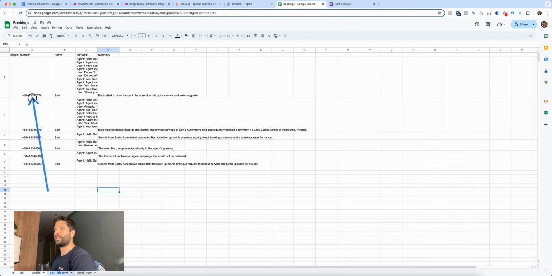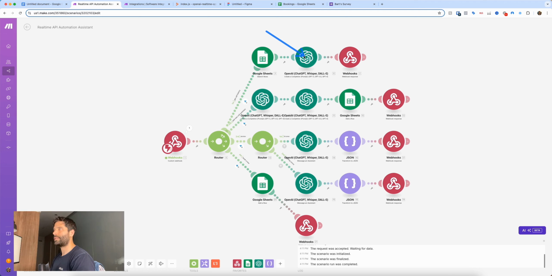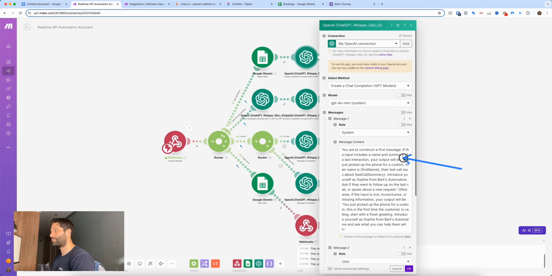But you see here, it's the number, which is unique and different to these other numbers. And it holds the person's name, the transcript, and a summary of the conversation. So in that Make.com search row module, I'm actually returning all of this information. And then I'm plugging it into a ChatGPT step. And this ChatGPT step is prompted to create a first message that I'm using so that I can actually give